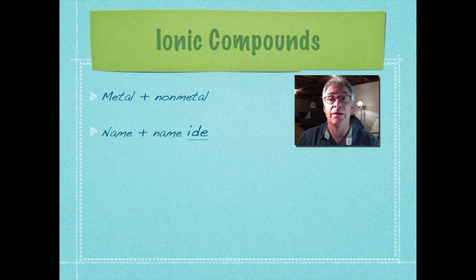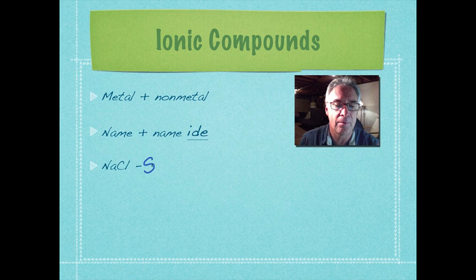It's a really quick and easy naming structure. You just replace the last three letters with IDE. So let's take a look at one really quick. Here's sodium chloride, and of course Na is an alkali, Cl is a chlorine, and when they come together they form an ionic compound, and the way you name it would be